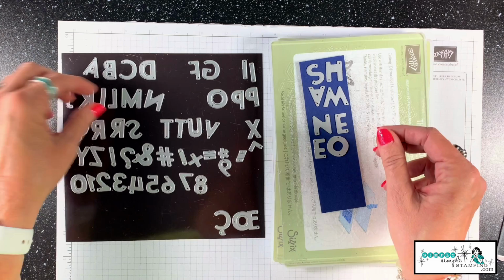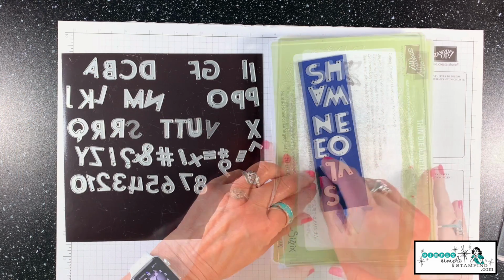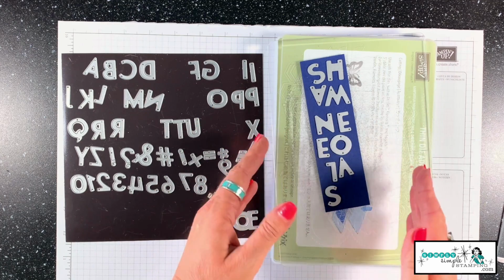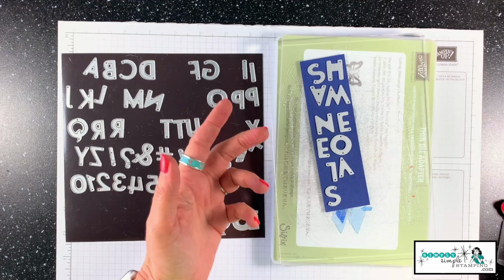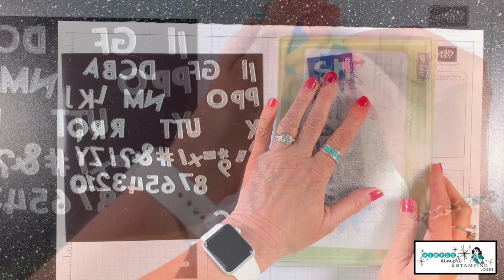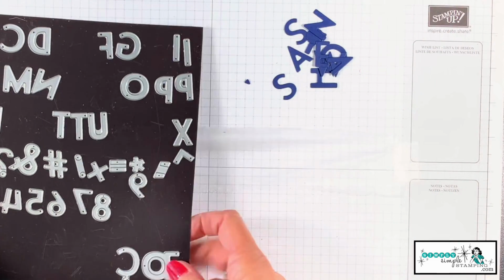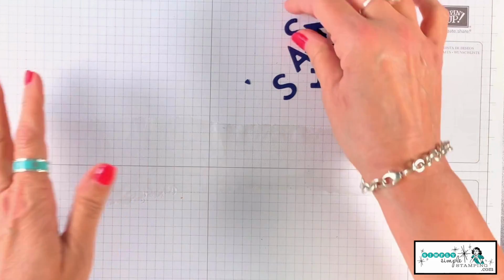But I'm just going to get as many letters as I can on my piece of cardstock. There we go. So it looks like I only need to come back and get another W and another E. So not a problem, right? All right, let's go run that through the die cutting machine. And there are my die cut letters. So I'm going to go ahead and move this out of the way because now it's time to do the